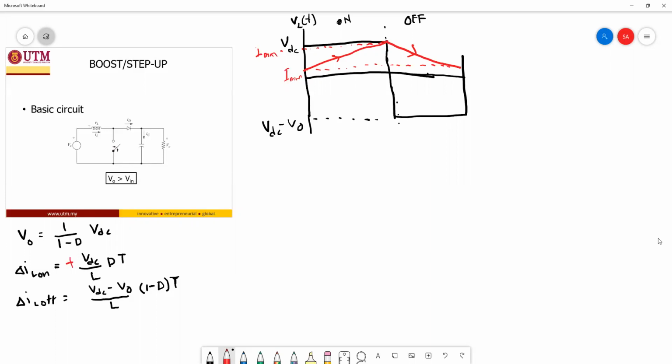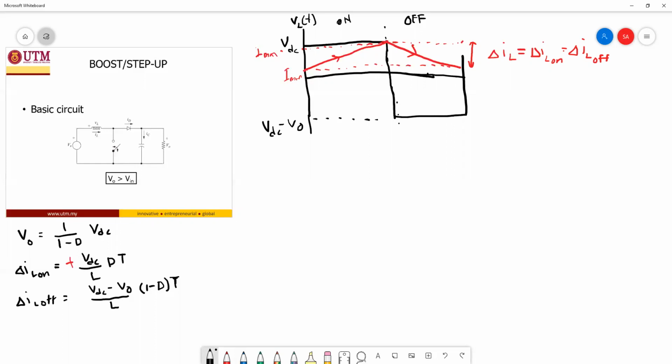So it has a maximum and minimum, same as a buck converter. The difference between max and min is actually the change of IL. I would like to mention again that delta IL on is equal to delta IL off. And then to actually calculate the IL,